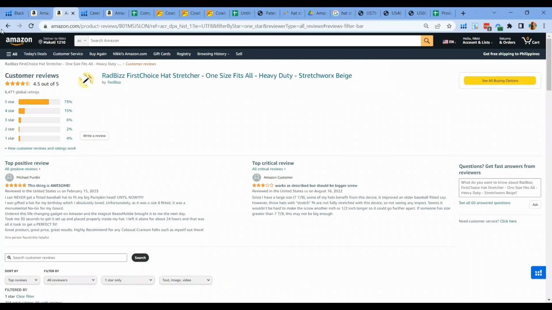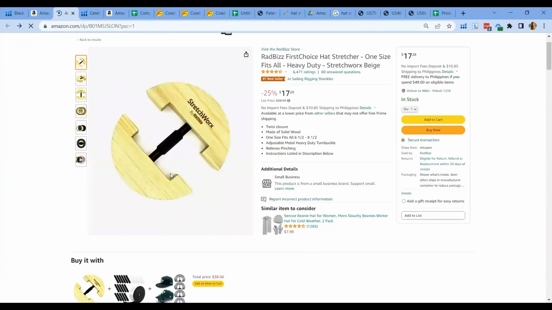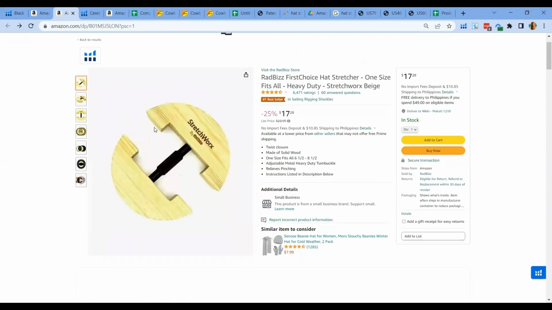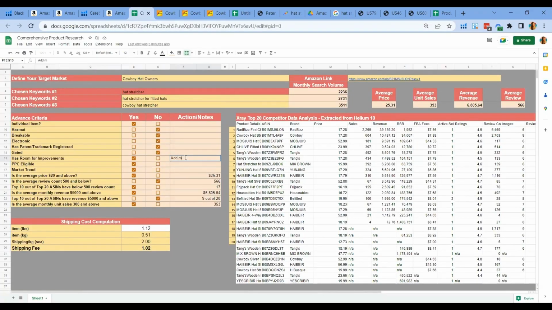So those are the things that I can think of at the top of my head looking at the bad reviews from this customer. So I can add to my notes here: add more metal for sizing, make sure it doesn't fall apart easily, use a more premium material, and all of those things.